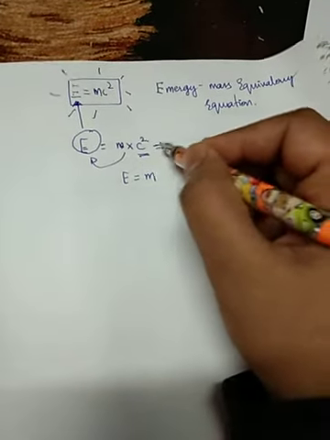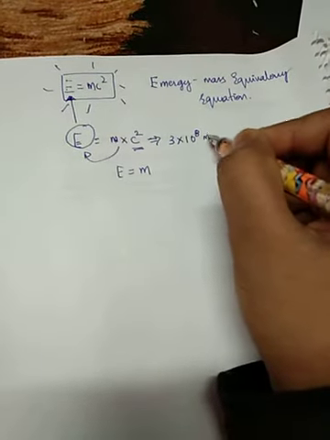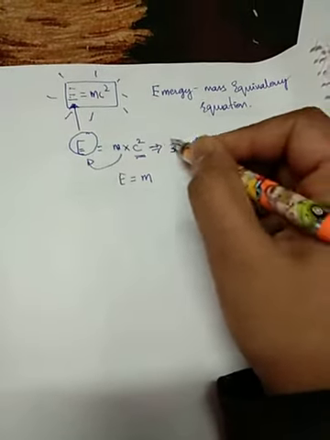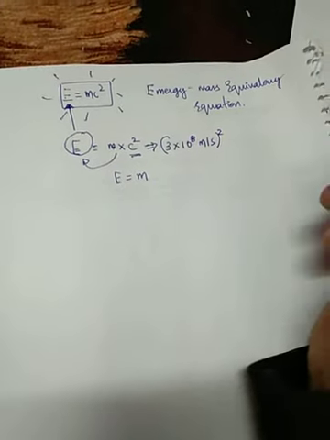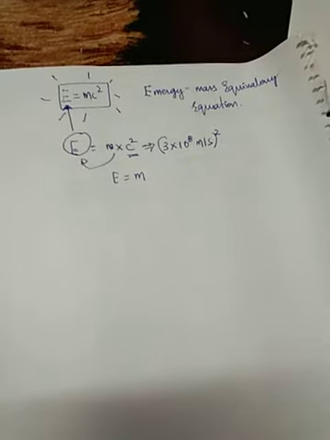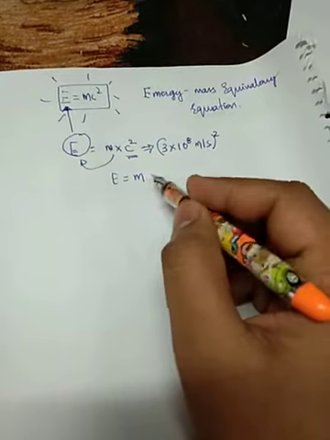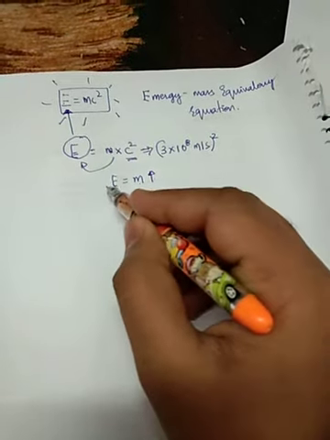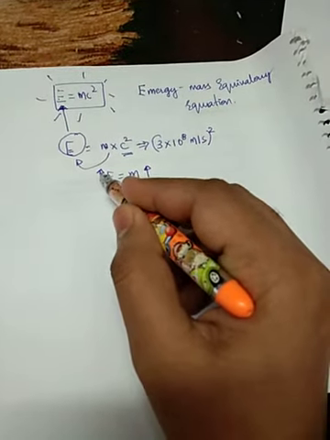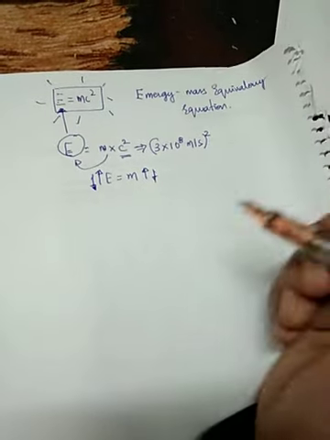The speed of light is approximately 3 times 10 raised to 8 meters per second. So when you square it, it is going to be 9 times 10 raised to 16. So you need that kind of speed, so ultimately it is somehow not possible. But let's say we have this equation. It suggests that if you increase the mass, you will get high energy. If you decrease the mass, you will definitely get a decrement in the energy.